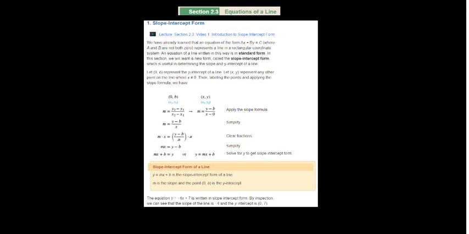In this section, we'll learn of a new form called slope-intercept form, which is useful in determining the slope and y-intercept of a line. Let (0, b) represent the y-intercept of a line. Let (x, y) represent any other point on the line where x is not equal to 0. Then labeling the points and applying the slope formula we have, and what this is getting at,